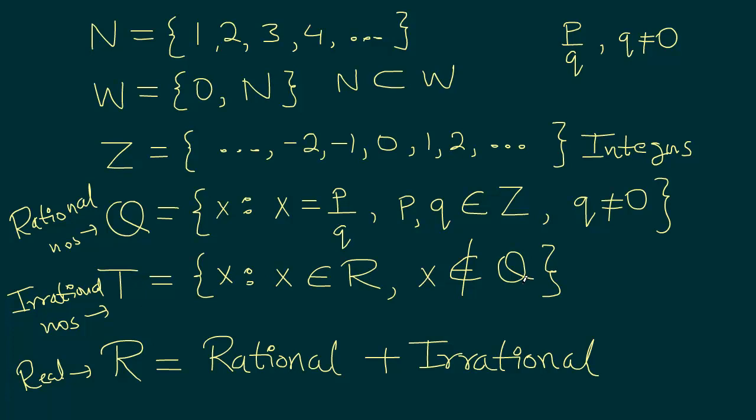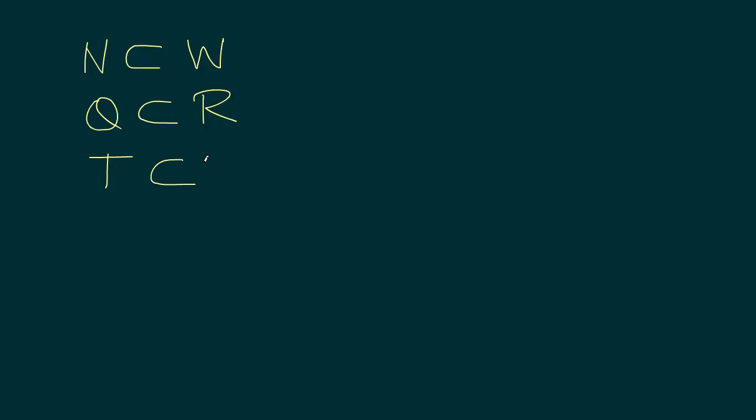to rational numbers. So what can we say about some of the sets or relationships in terms of sets and subsets? We already saw W contains N, right? So we can say N is a subset of W. We also know that uppercase letter Q is a subset of real numbers. We also know that uppercase Q is rational numbers. Also we know irrational numbers is a subset of